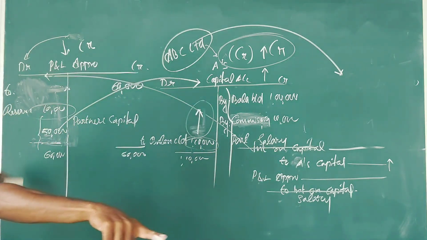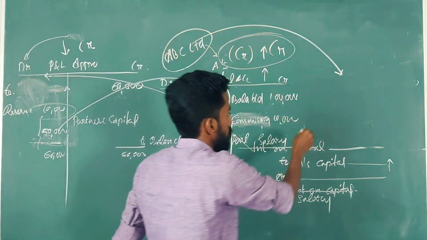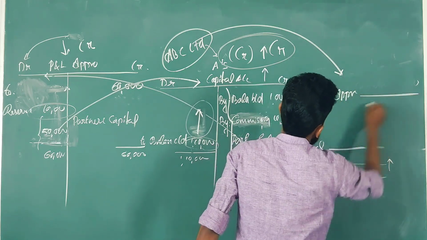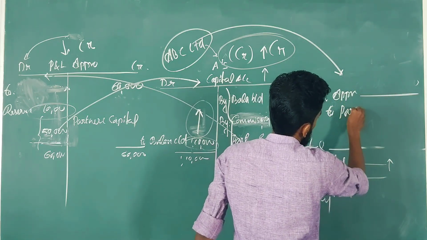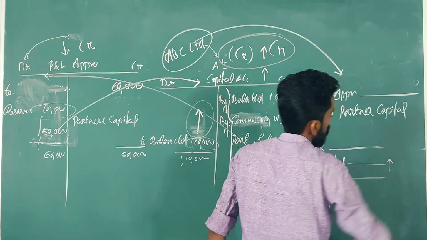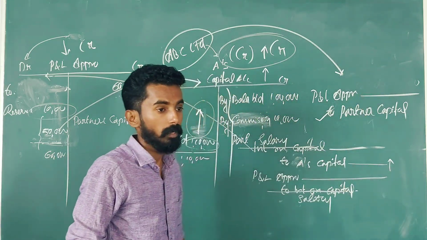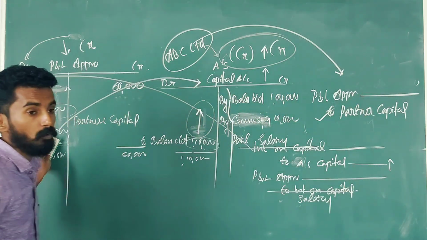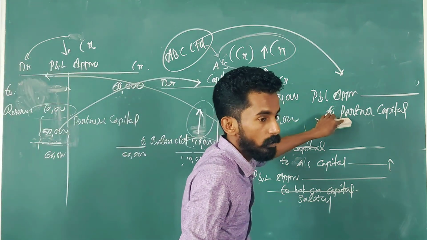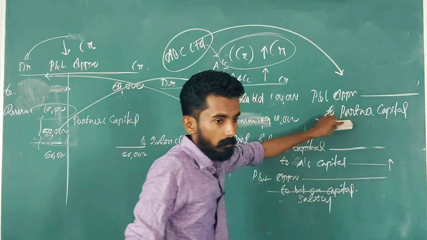The last entry is profit and loss appropriation account debtor to partners capital. Very good. Partners capital account. Now we are writing current account, we will discuss in the next class. See, we are going to credit it into partners capital account. Why? Because we are distributing the share of profit. So if you distribute the share of profit, capital account is going to increase. That's the reason we are going to credit.